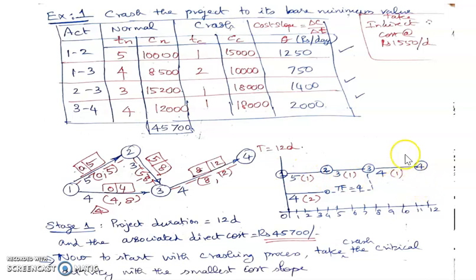So I said for crashing process, we need to go for crashing the critical activities, and we have three critical activities here and one parallel non-critical activity with a total float of 4 days. Now, to identify which of the critical activity has to be crashed first, we have seen the cost slope value, and we found that 1, 2 activity has got the lowest cost slope of 1,250 rupees, and therefore we are crashing 1, 2 by 4 days. Why 4 days? Because the parallel path is having 4 days of total float available, and in that process it will just become critical, and there is no harm in going for completely crashing 1, 2 by 4 days.